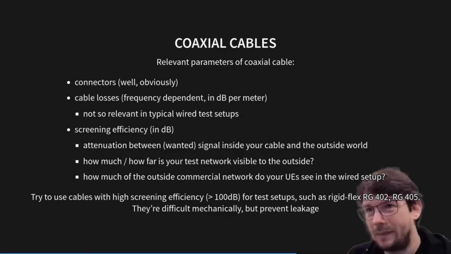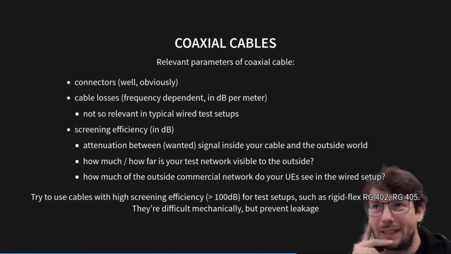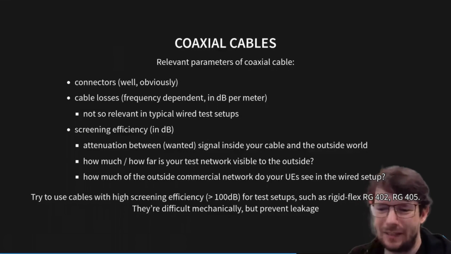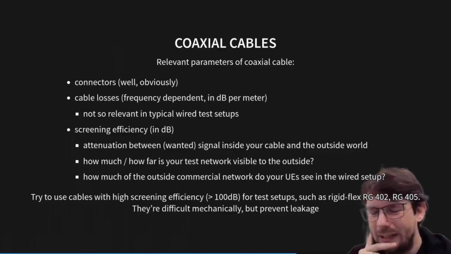So it means that you are at minus 80 dBm. And that is basically what is visible outside of the shielding of the cable in the air. And minus 80, let's take that example, is still strong enough for a phone to see that signal. Of course, it will decrease significantly as you get further and further away from the cable. But even with such a cable, even at 110 or more dB of screening efficiency, if you put a receiver directly on top or within a few centimeters of the cable, you will always still see the signal that's in the cable due to these